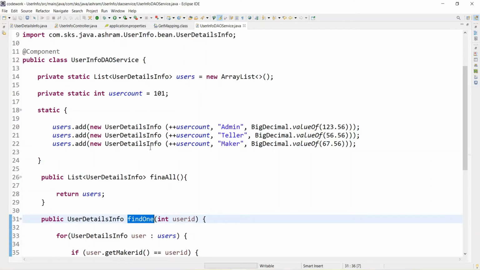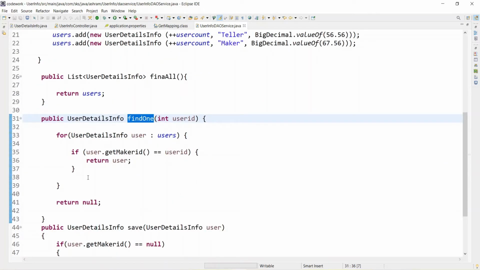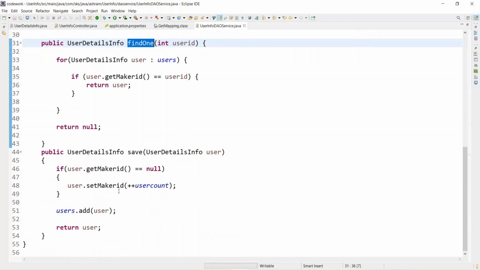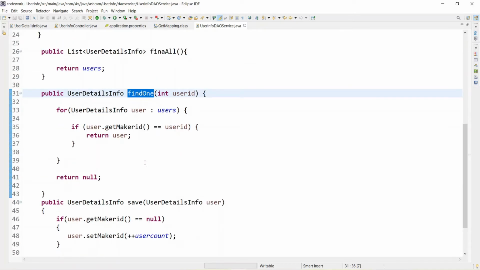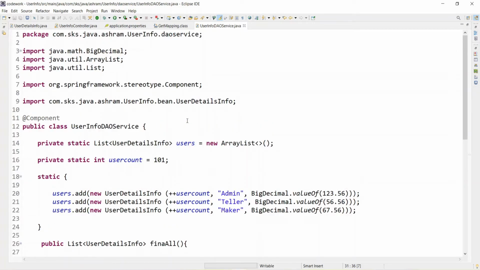So for now we are using the array list. Once we get hands-on with this kind of framework or logic, we will implement the database to fetch all the details. So the framework will be the same. Where we are getting the list from the array, we will instead be saving the information into the database, persisting all of it. But for now let's go with the array list only. So what we need to do is write a controller.